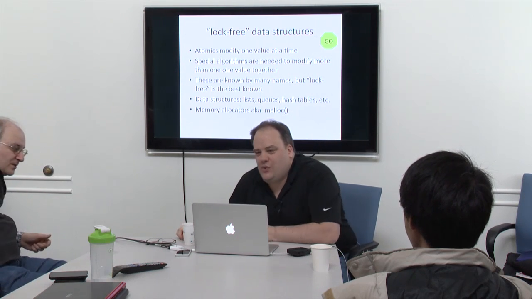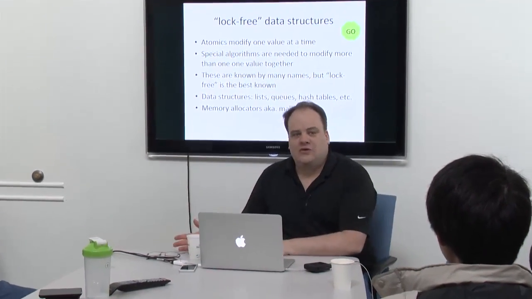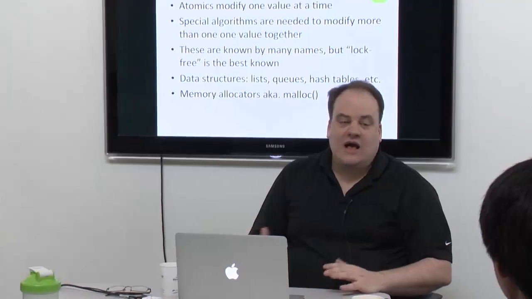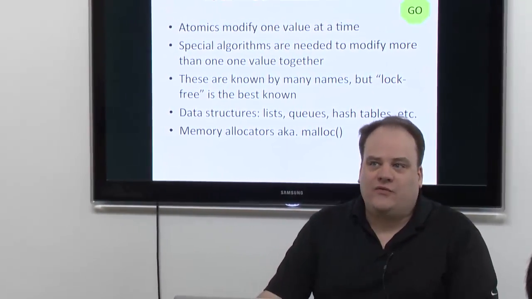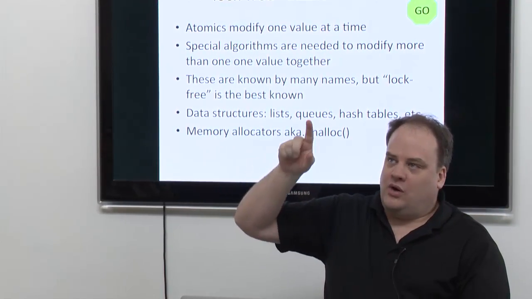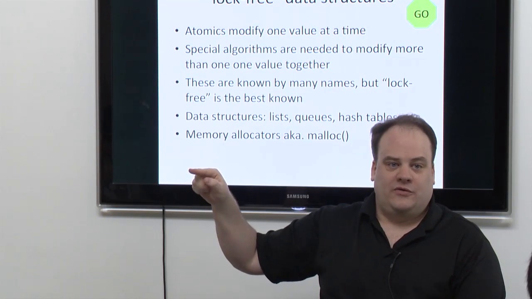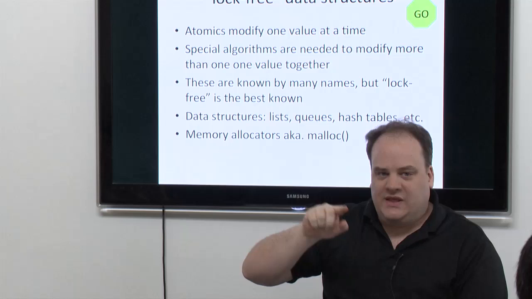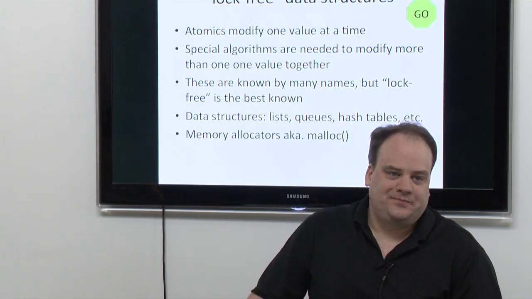In reality, when you deconstruct what a spin lock is and what a lock-free data structure is, they're not as far apart as the theory says they are. Because a lock-free data structure, instead of spinning and waiting for something, says, well, I'll try this. It doesn't work, so I'll try this instead. That didn't work, I'll go back to the first thing and try it again. So the code's actually spinning in a fashion. It's just not, conceptually, waiting.